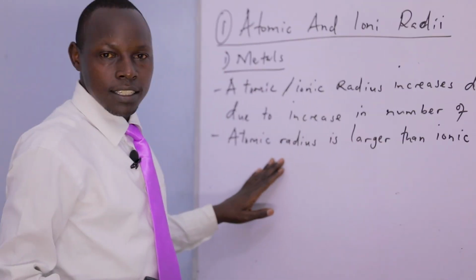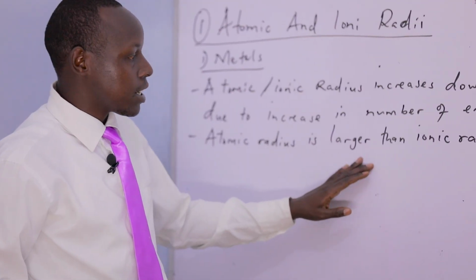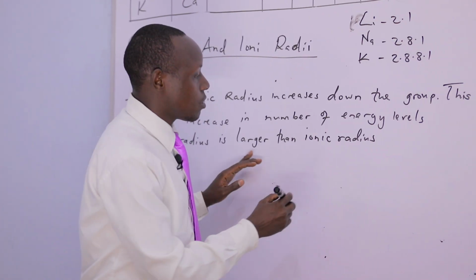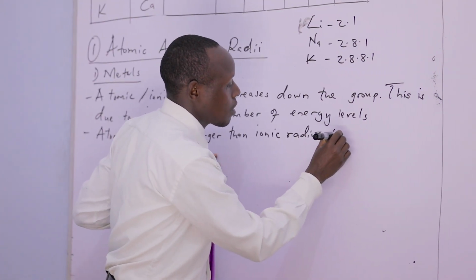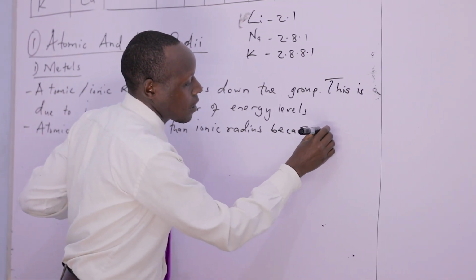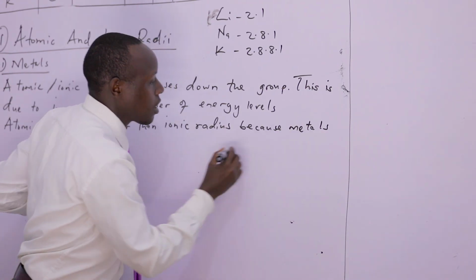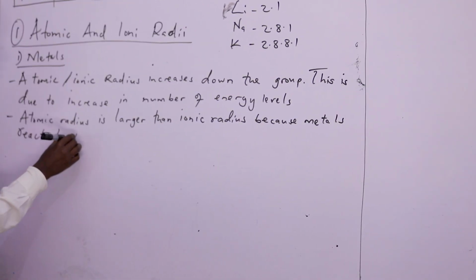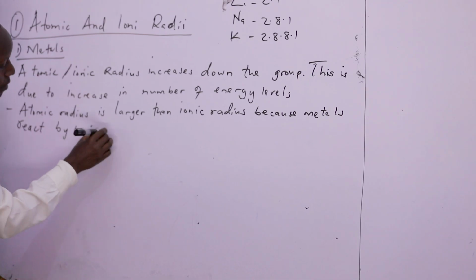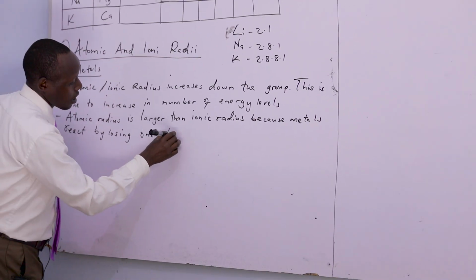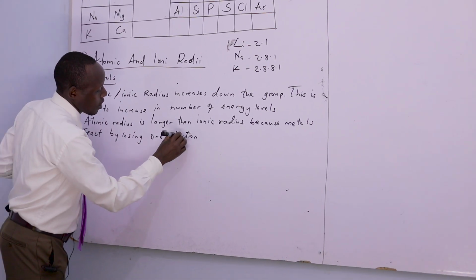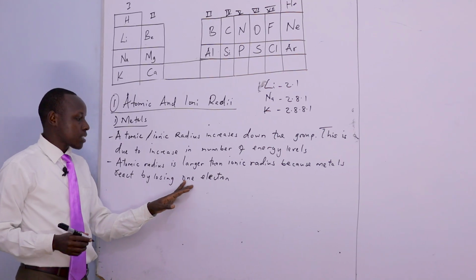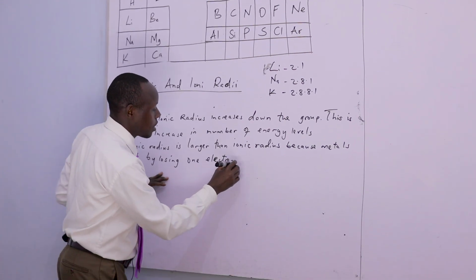So atomic radius is larger than ionic radius, and the reason also is because metals react by losing one electron. So because metals react by losing one electron,